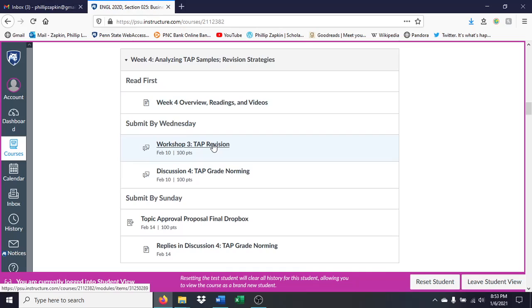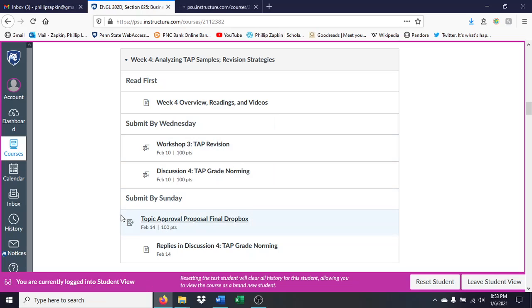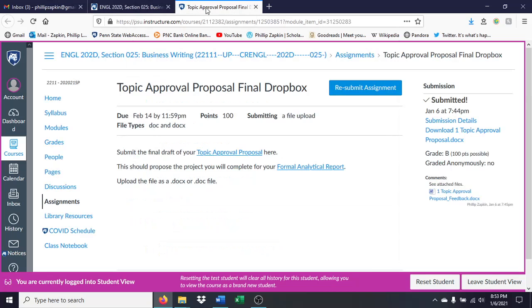Whenever we get to a week where a final project is due, under Submit by Sunday, you will have the final drop box. And that's actually going to be flush with the left-hand margin of the module. So that's hopefully going to help make sure that you notice it. Once you get into this, you will have a copy of the assignment